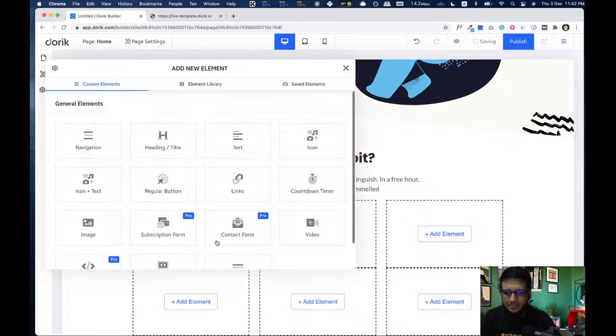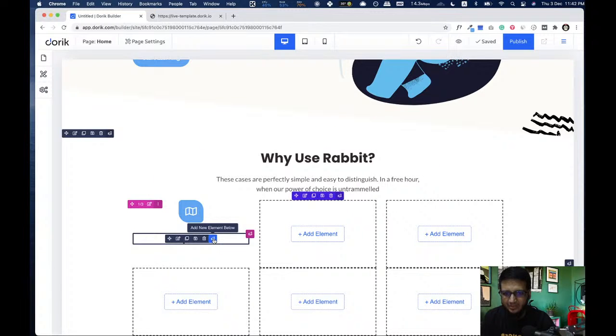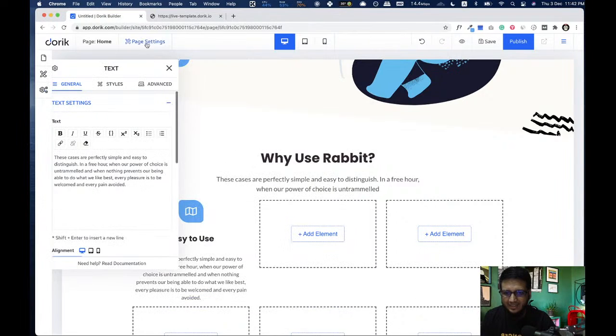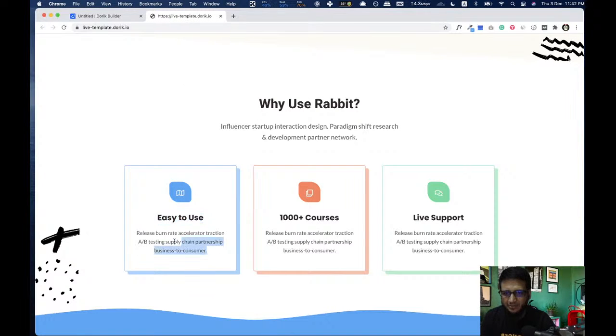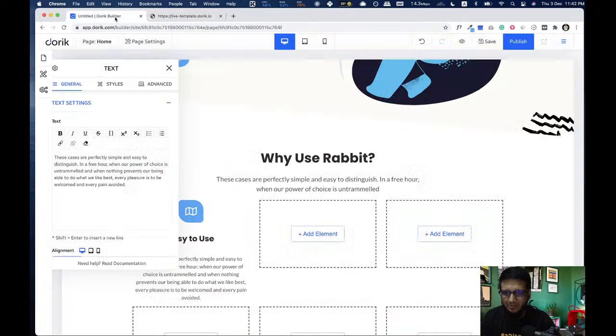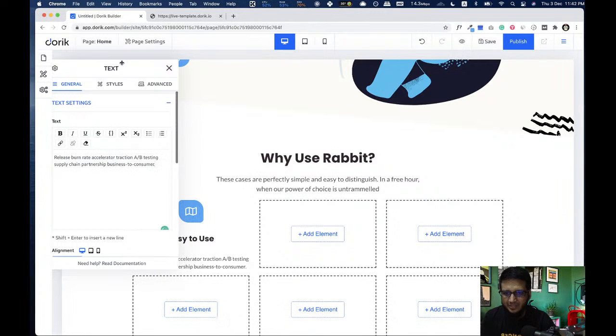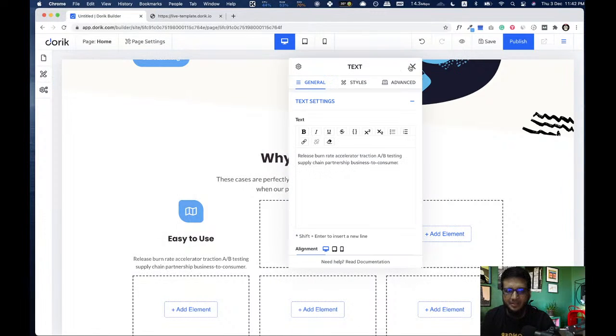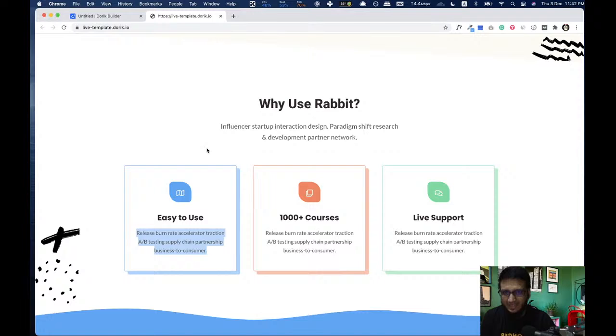So easy to use is here, and I'm gonna add one more text. Like as usual, click on the plus and add text. I'm gonna just copy this one, copy and paste it.